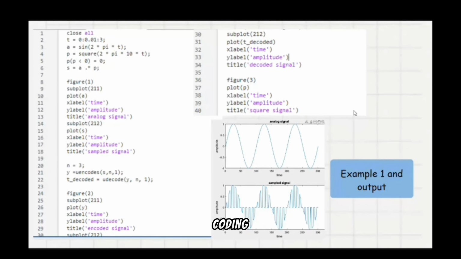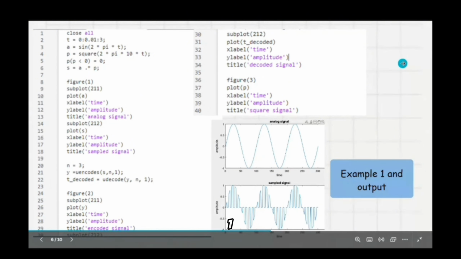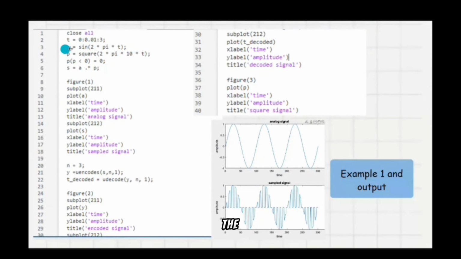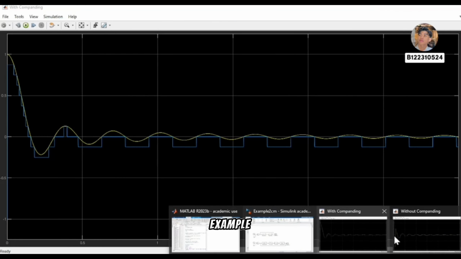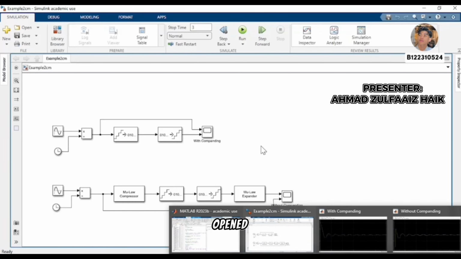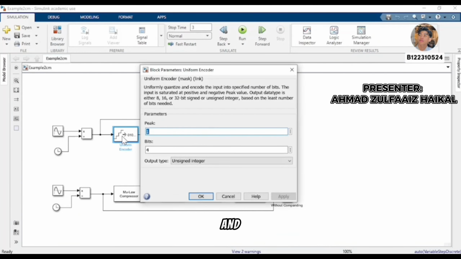So if we look at the coding, it is the same as example 1. At line 3, the press function will determine the frequency. For example 2, here you can see I have opened the scope with and without companding, and then for uniform